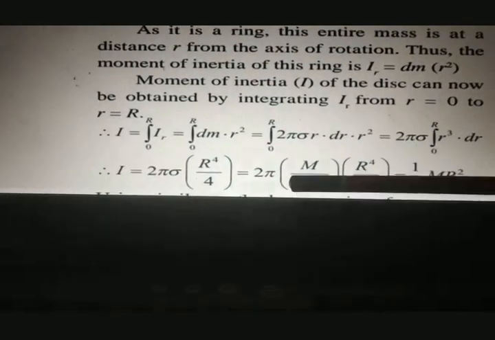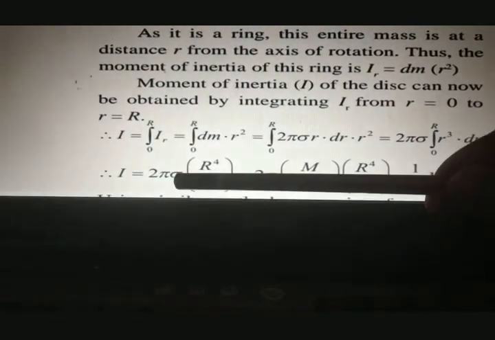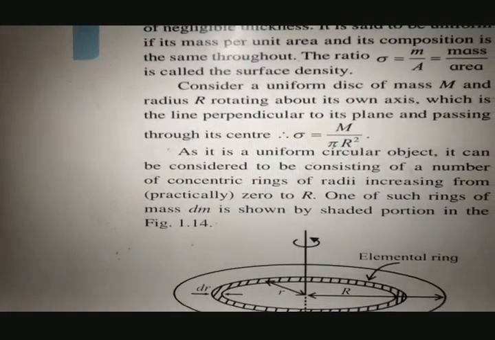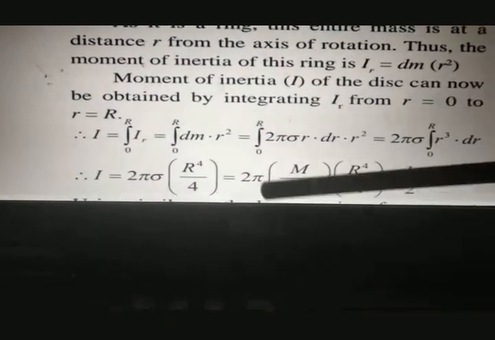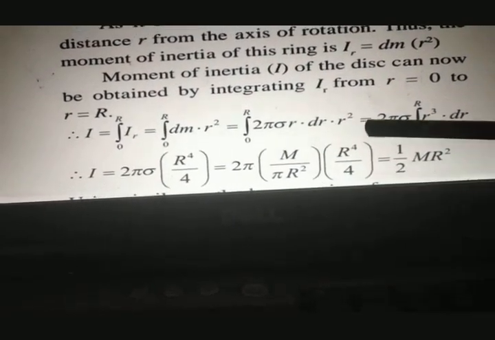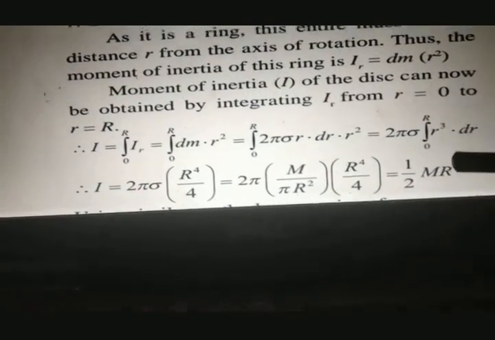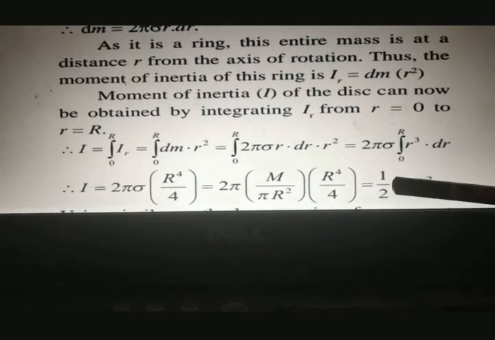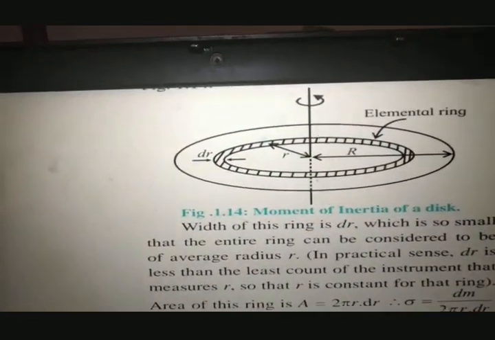Okay. Then next what you will do? Substitute here the value of sigma from the previous equation, means sigma is equal to m upon pi r square. You will substitute over here. So sigma will be m upon pi r square and this r square. Now here pi and pi will get cancelled. This r square and this r raised to 4, 2 will get cancelled. So what is remaining? Only half m r square. This 1 is for r and this 2 is for r. So 1 by 2. Okay. So half m r square is the formula for the moment of inertia of the disk.